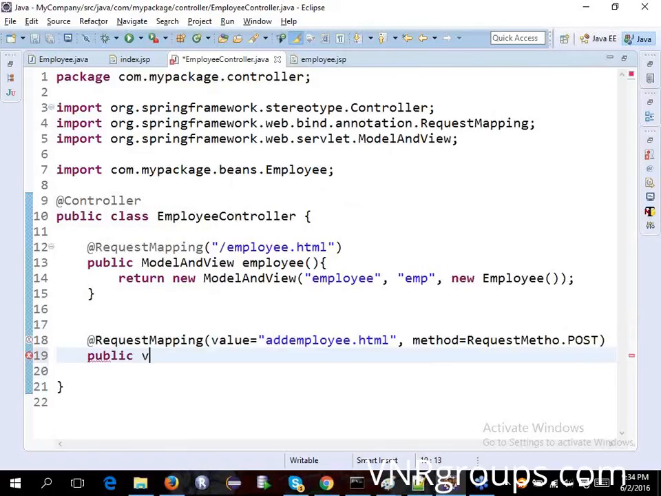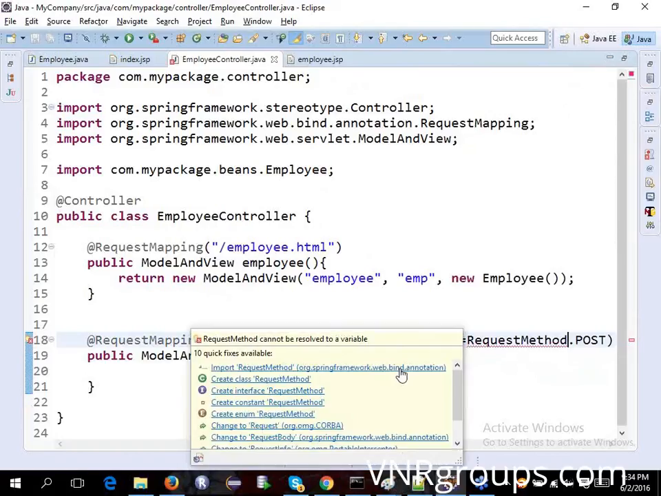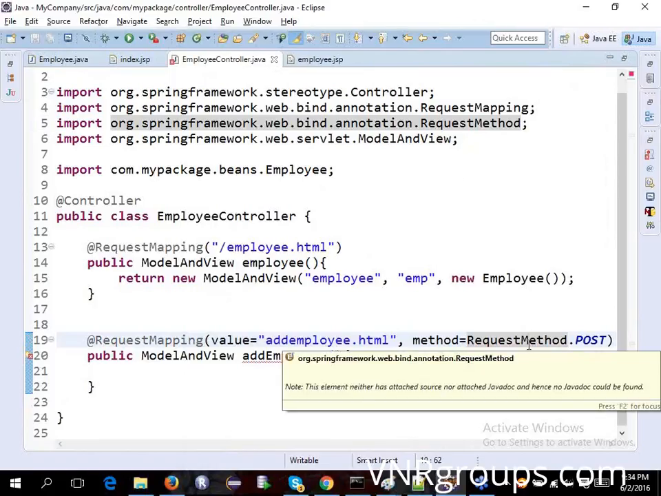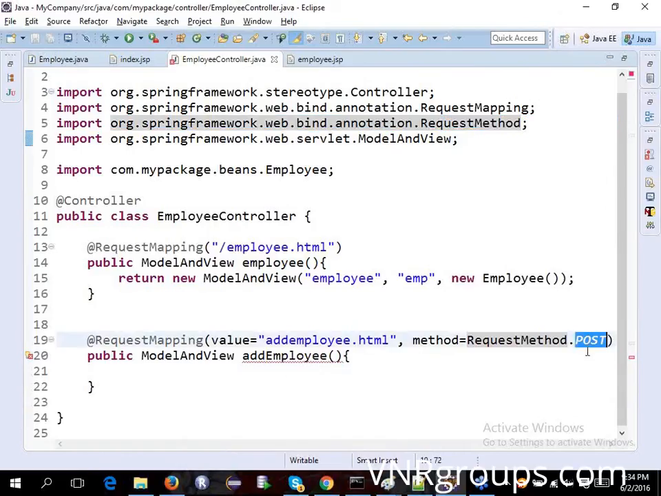Public model and view. I would say it did not give auto suggestion, but I could import it. Just check if it works with control space. But just got to give this request method, and we got various things. I don't know, somehow it did not work this time. Perfect. So now what I have got,